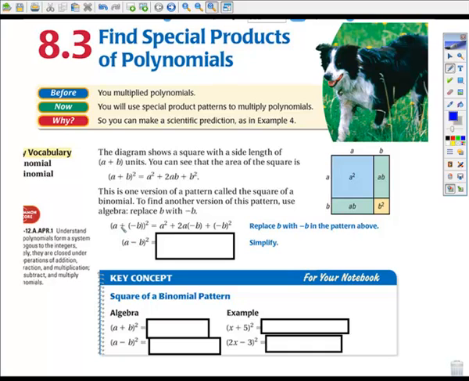Now here they're saying we can do the same thing if we replace the b with a negative b. The only thing that's going to change is that instead of a squared plus 2ab, you get a squared minus 2ab plus b squared. And again, we're going to replace the a's and the b's with the terms of the binomial. So here's basically what we're doing. We have a plus b, the quantity squared,